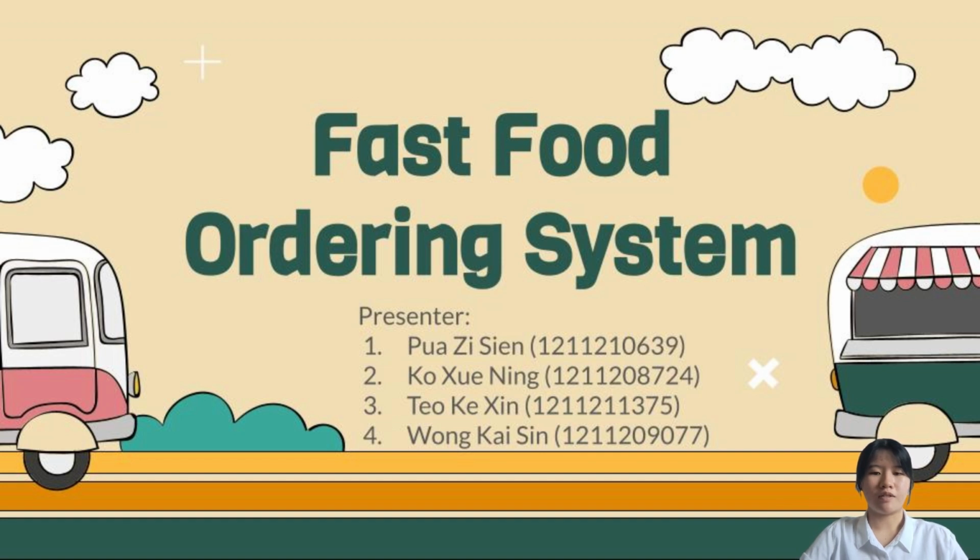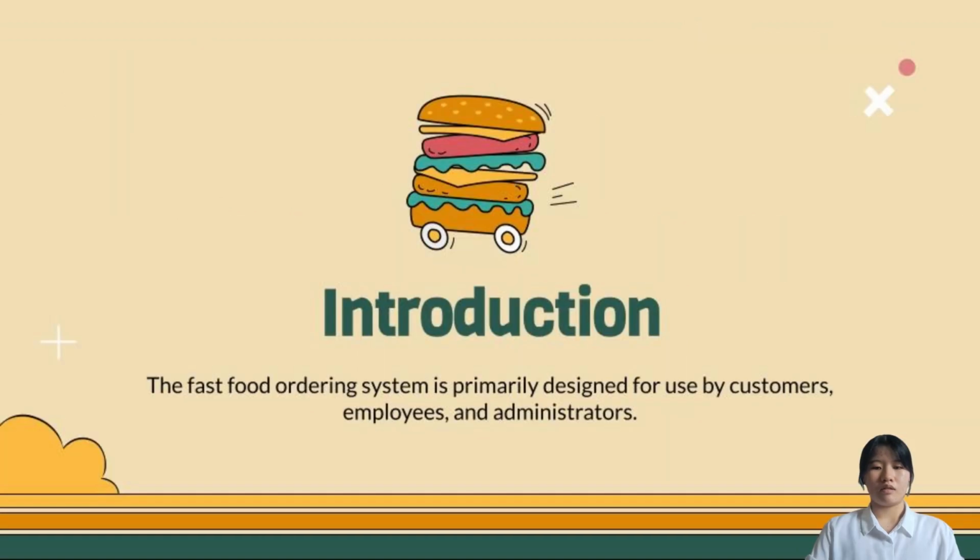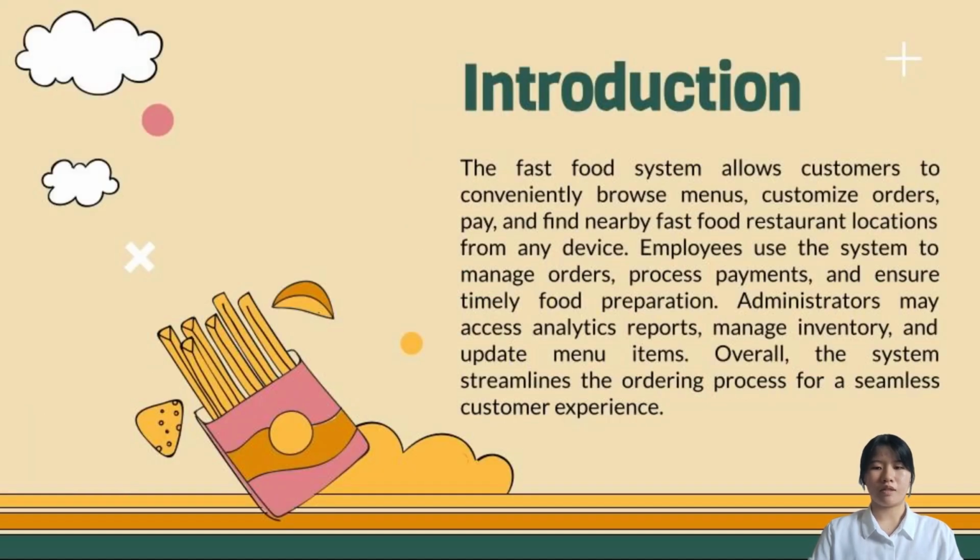Today, we are going to talk about the fast food ordering system. The fast food ordering system is primarily designed for use by customers, employees, and administrators. The fast food system allows customers to conveniently browse menus, customize orders, pay, and find nearby fast food restaurant locations